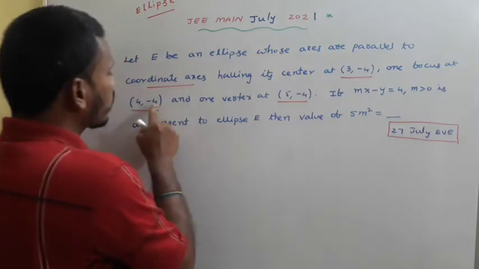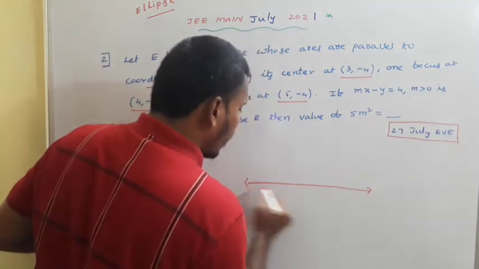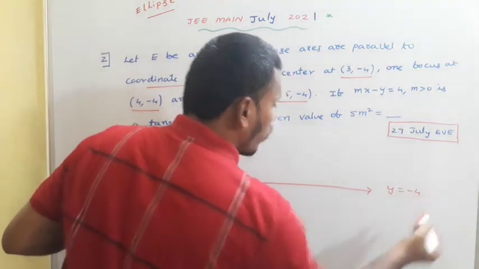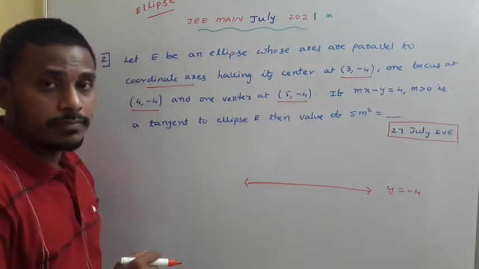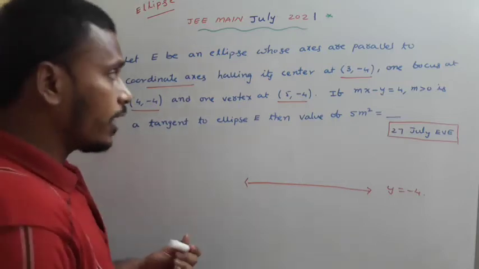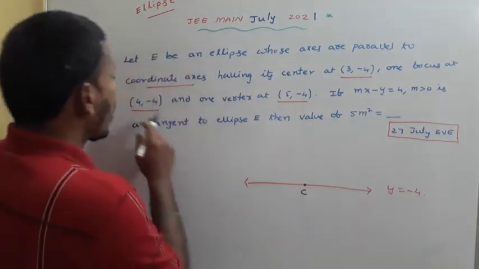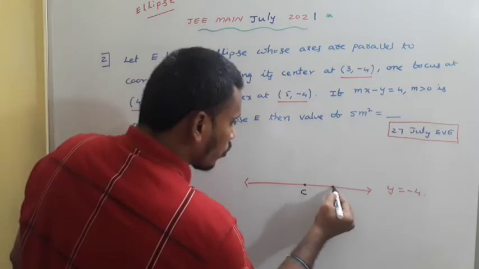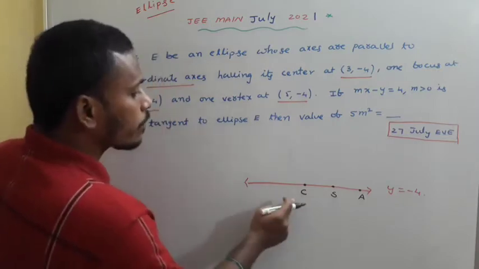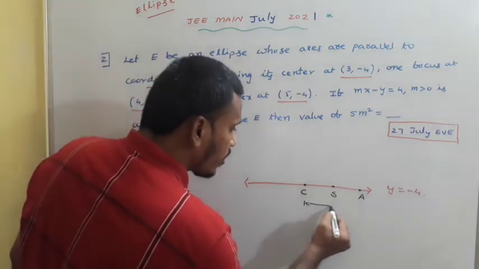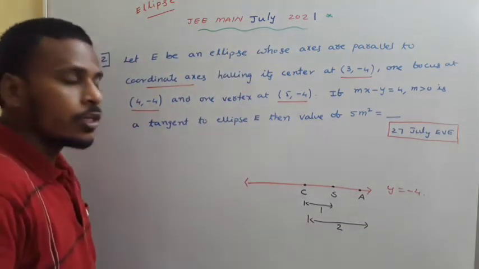ఇక్కడ y coordinate minus 4, minus 4, minus 4 same కాబట్టి, you just imagine a line y is equal to minus 4. y is equal to minus 4 is a line equation which is parallel to the x-axis. So this is the axis of the ellipse. Since it is the axis of the ellipse, ekkado center ఉండొచ్చు, which is (3, -4), and foci and vertex. So ఇంకొక చోట focus ఉంటుంది, ఇంకొక చోట vertex ఉంటుంది. You just think about the points (3, -4), (4, -4), (5, -4). This distance is 1 unit, as well this distance is 2 units.